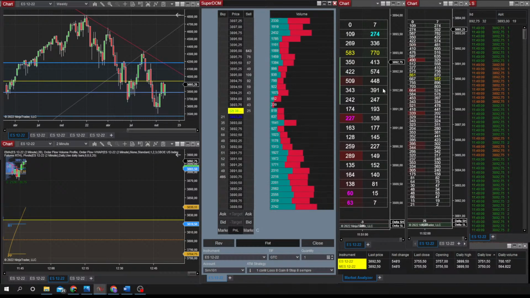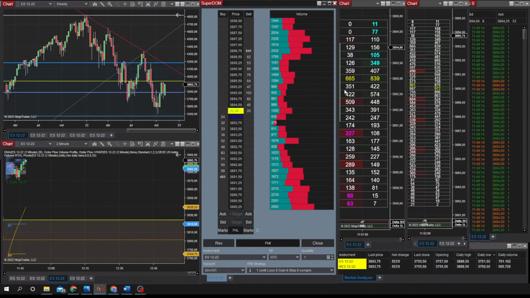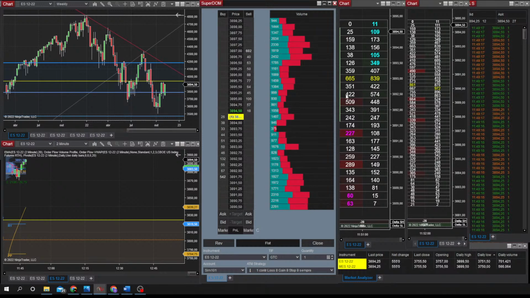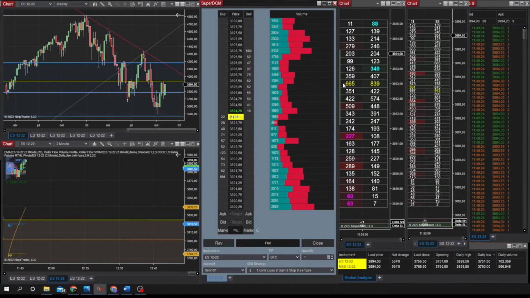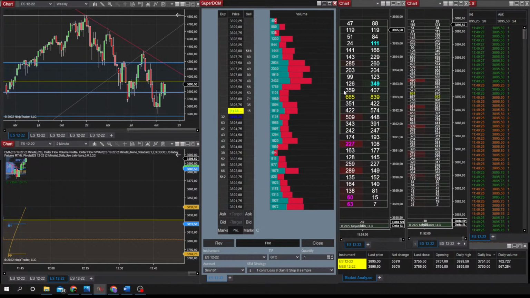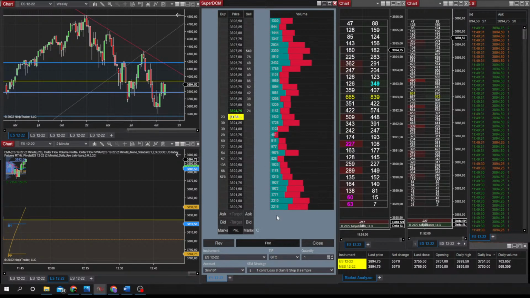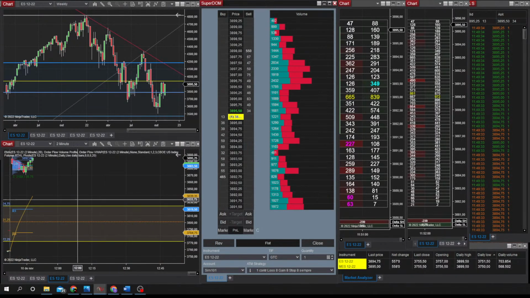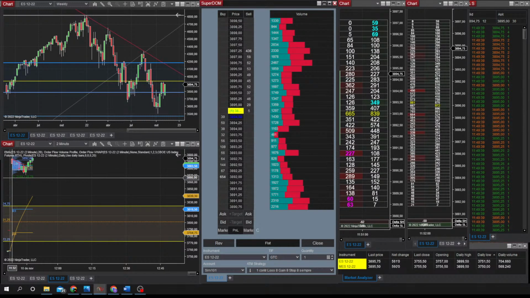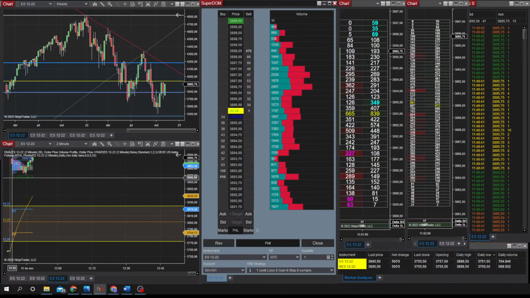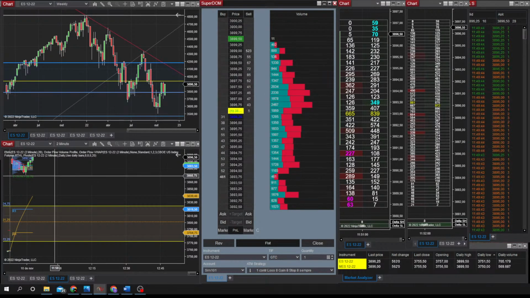It overcame, and had an exhaustion there. However, we have lots of absorption from the buy side. So although there was an exhaustion, it was really dangerous to try to do something here because buyers were there. So it seems, at least temporarily, it's been overcome, and the regular session high was 3899.5.